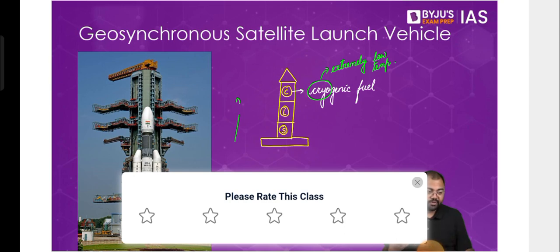So cryogenic engine has been actually very, very important for India, very crucial also when it comes to the launches that we have been doing. Now, overall, the story of cryogenic technology in India also has been long and interesting. In 1970s perhaps was the first time that we could have had access to cryogenic technology. In 1970s there were two instances.